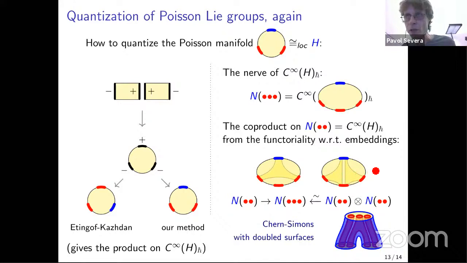And now I try to redraw for you what's happening here with those embeddings of surfaces, now using the doubled surfaces and turning embeddings into cobordisms. So these 2 triangles, they are now on the bottom. They correspond to doubling of this guy, right? So there is a blue boundary and 2 red disks.